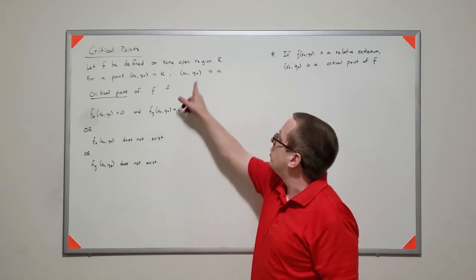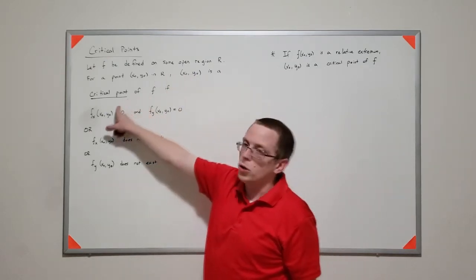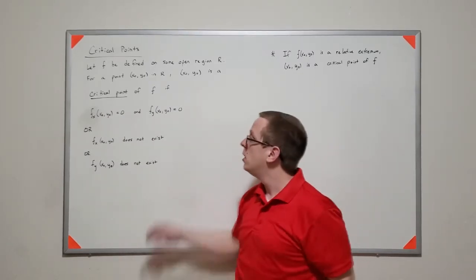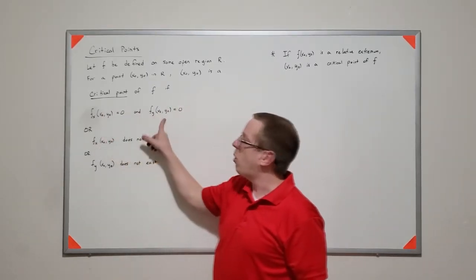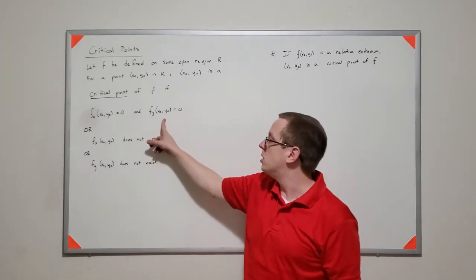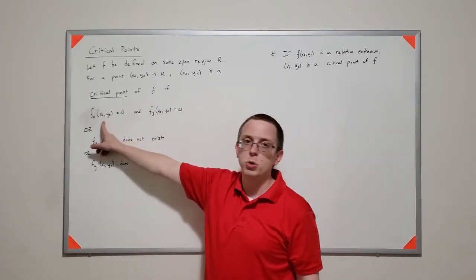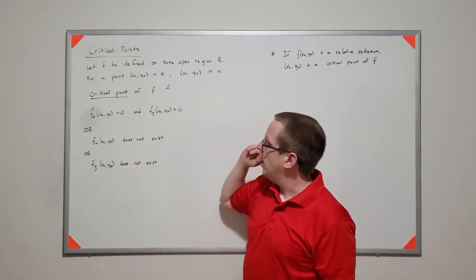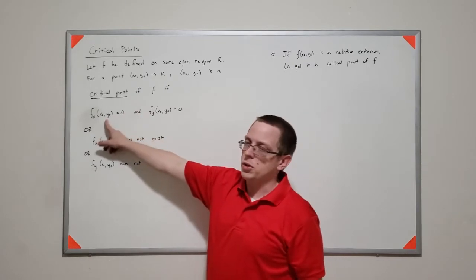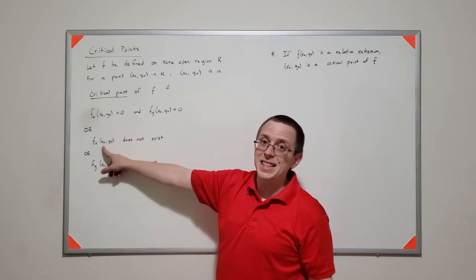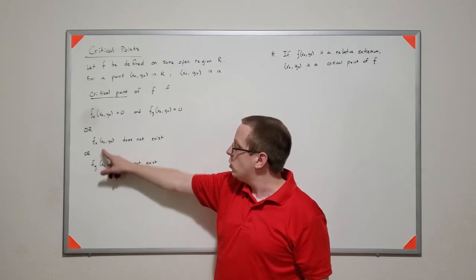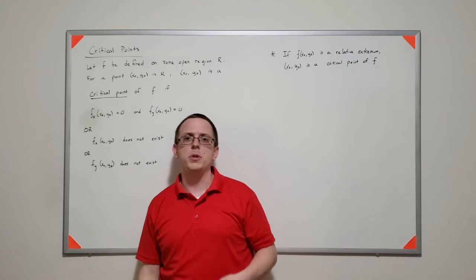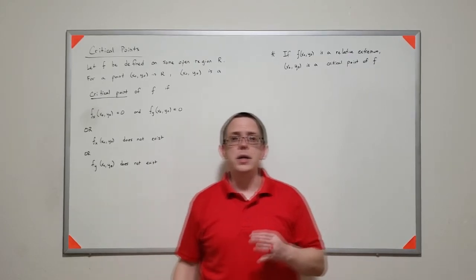If the function's defined there, then this point is called a critical point of the function if one of three conditions are met. The first one is that both partial derivatives are equal to 0. So take the partial with respect to x, partial with respect to y, set them equal to 0, and they're equal to 0 at that point. The second one is if either partial doesn't exist at that point, then it's also a critical point. So for practical purposes, the way you would want to go about this is, if you have